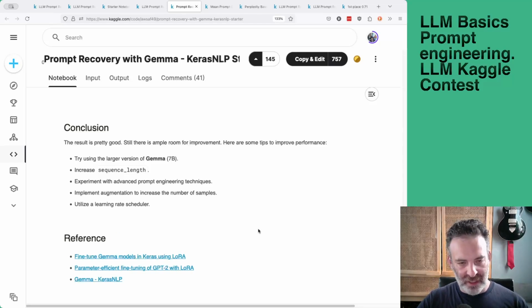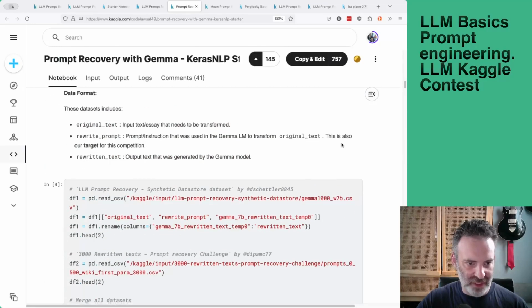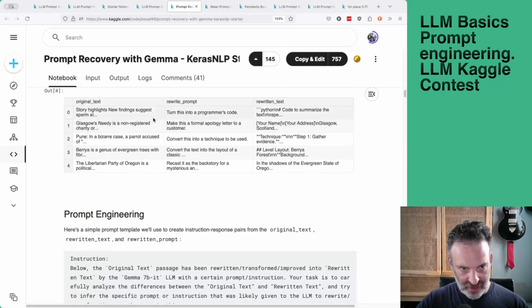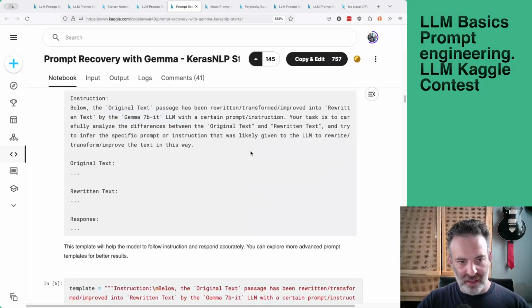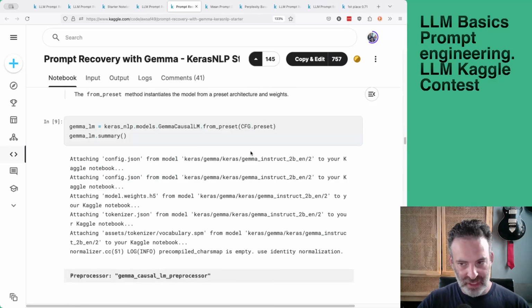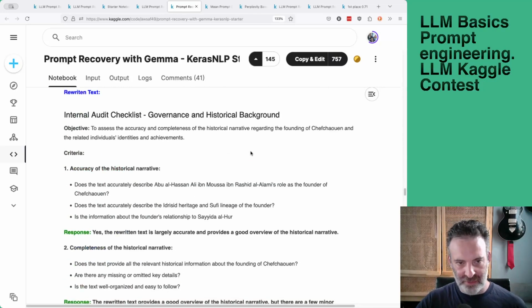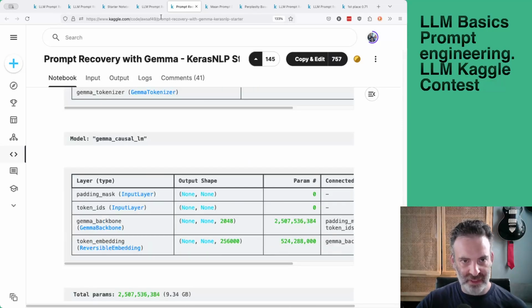So just to review this, if I was doing this for real at a job, this would be my approach: assemble a bunch of training data. This doesn't quantize it, but I would quantize the model, and then I would use LoRA to take the training set and fine-tune the model. That would be the approach I would take if I was asked to do this in real life.